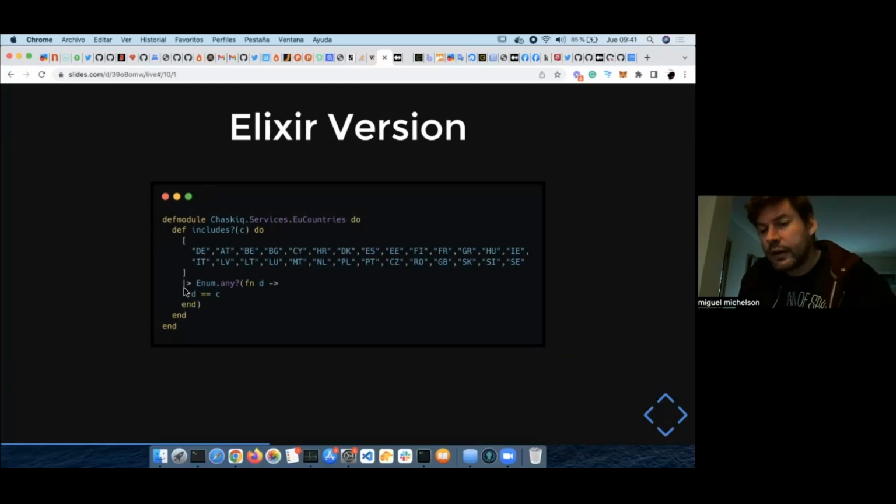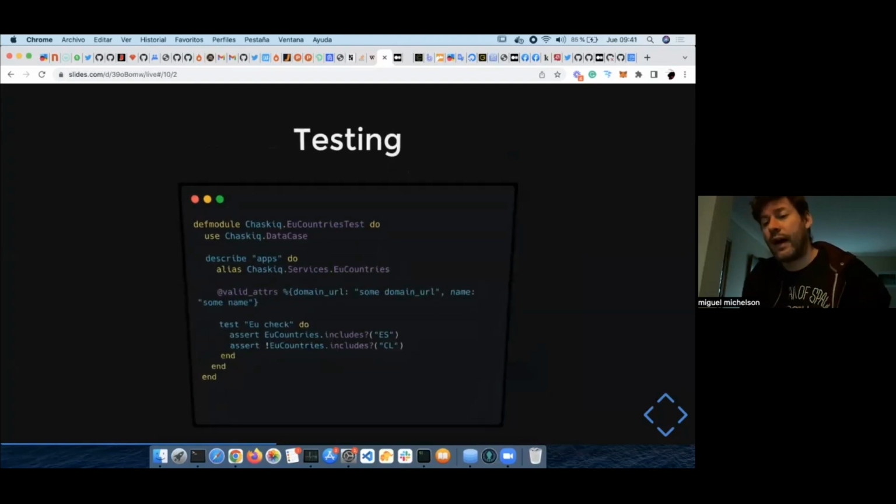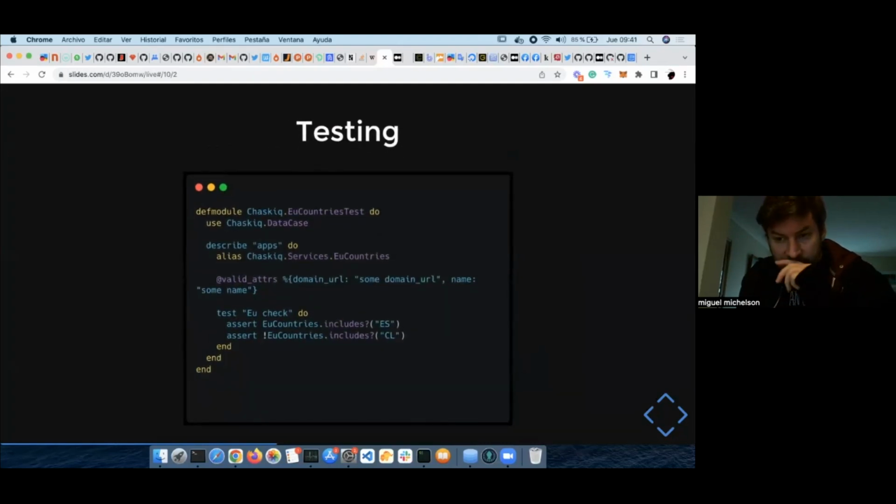So there's an inclusion of the pipeline operator, and you have the enum here, and it's quite beautiful. But basically, it's almost the same, and it's really good. So then I started to port the tests of these files, and you can see the resemblance of Minitest or RSpec in Elixir integrated testing.